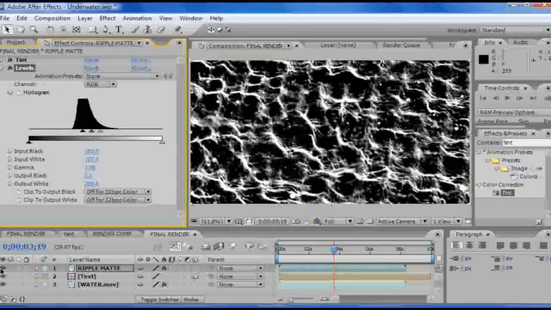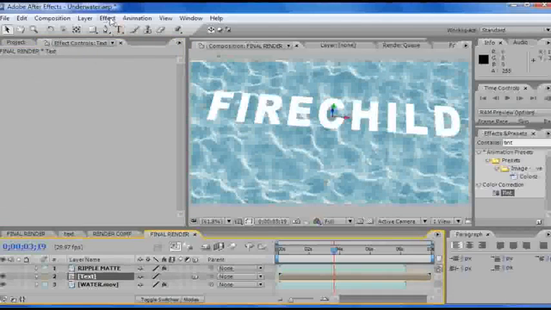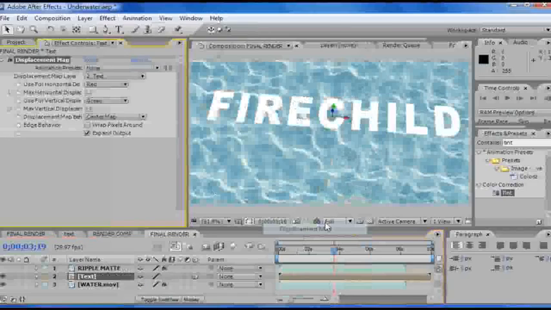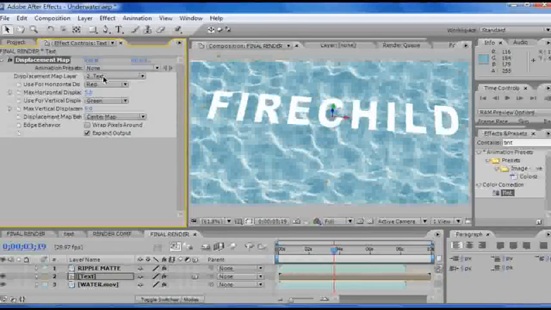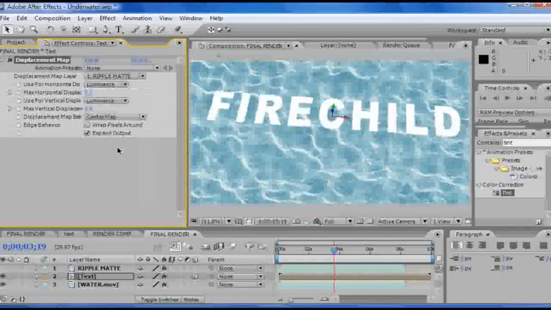Now we can turn the eyeball off for it, and then with our text layer selected, we'll set up a displacement map by going Effect, Distort, Displacement Map. In the controls, we go to Displacement Map Layer, change it from Text to Ripple Matte, and then change our horizontal and vertical displacement from red and green to luminance,